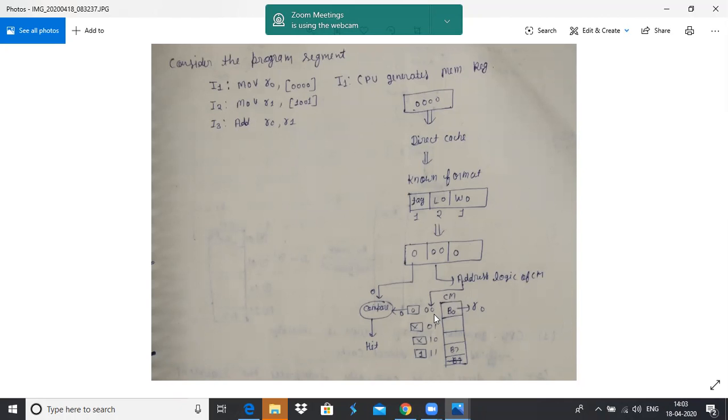For this a direct mapping function will be used, and the B0 block will be replaced by the B4 block of main memory.